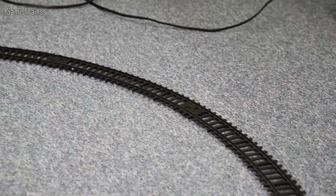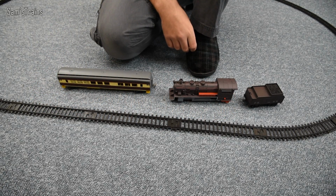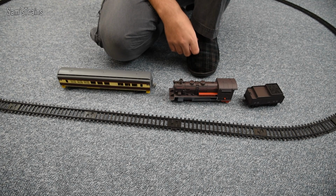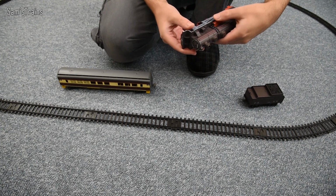But yeah, apart from that, it's a very large oval of track. Quite impressed with the generosity, actually. You've got 3 pieces of straight here on each straight, so that means that you've actually got quite a lot to play with. Okay, so let's see how easy it is to get the loco and coach and things